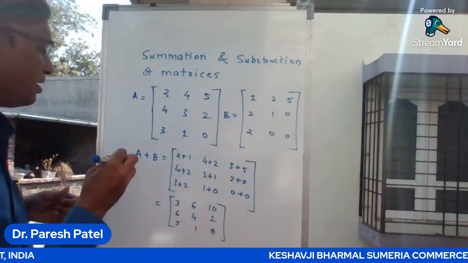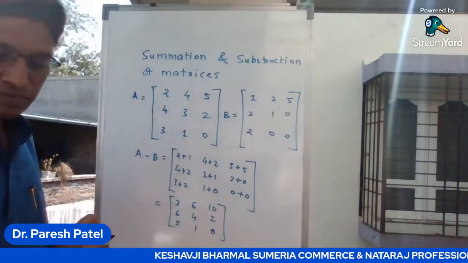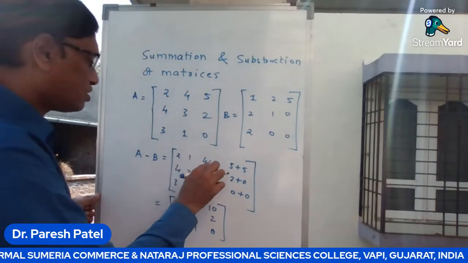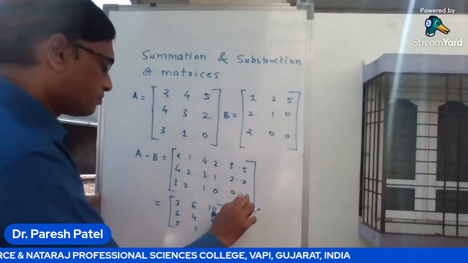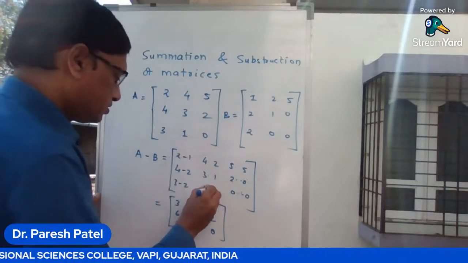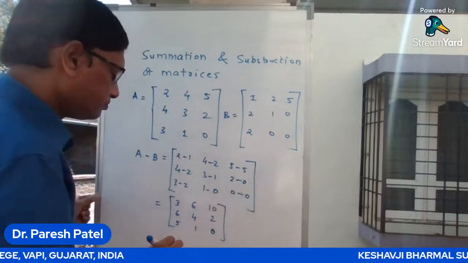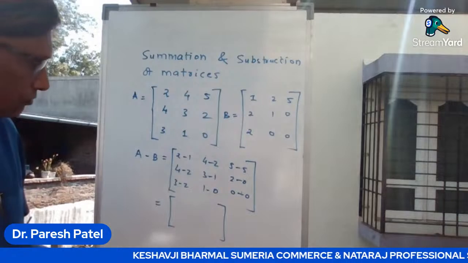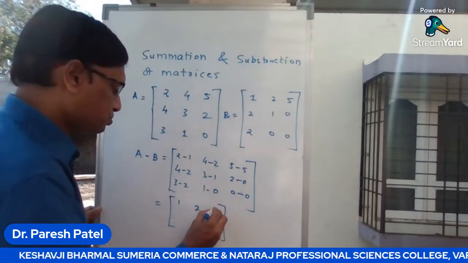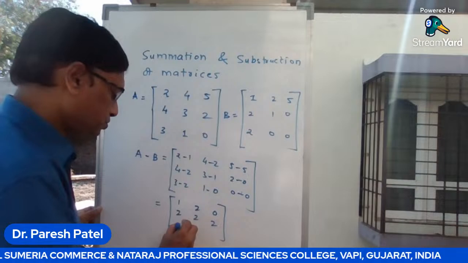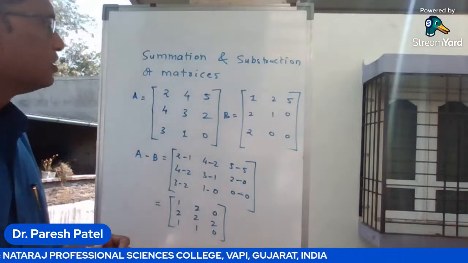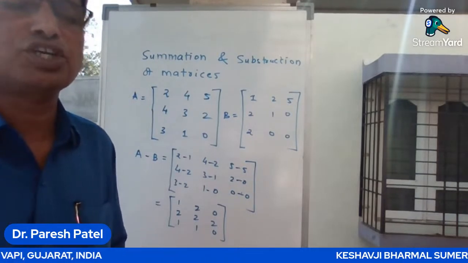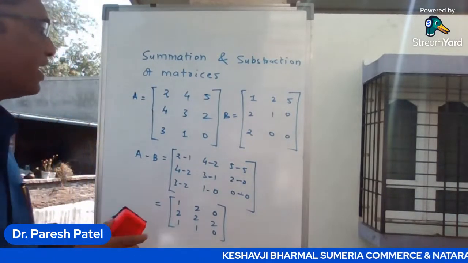Similarly, if you go for A minus B, the subtraction of matrix B from A, subtraction is also possible if the dimensions of both these matrices are the same. So 2 minus 1 is 1, 4 minus 2 is 2, and so on: 1, 2, 2, 2, 1, 1, 0. So summation and subtraction of any two matrices are possible if the dimensions of both matrices are the same. Next one is